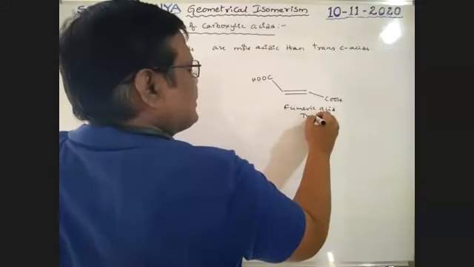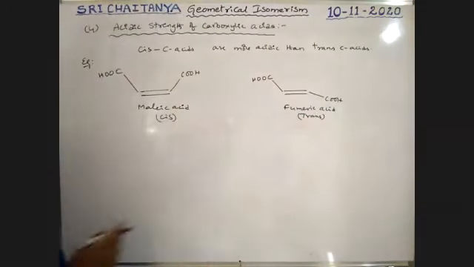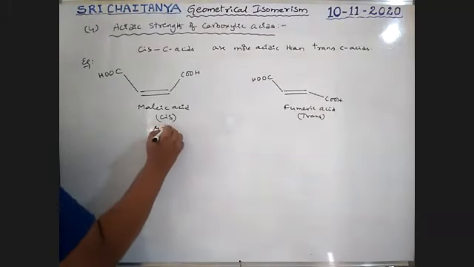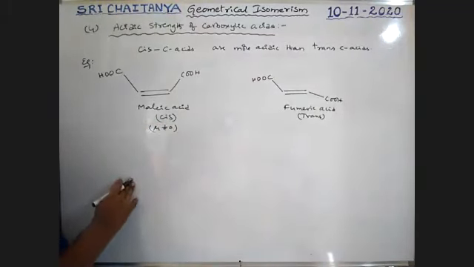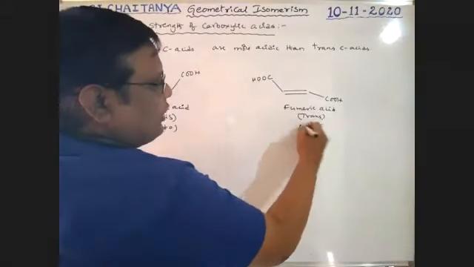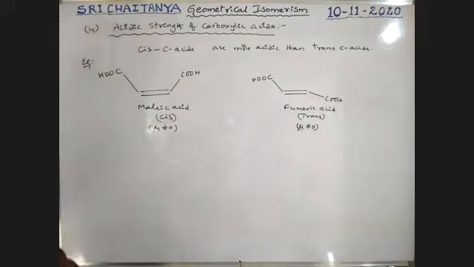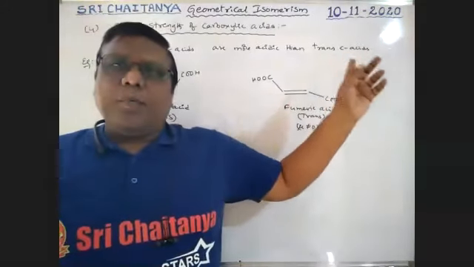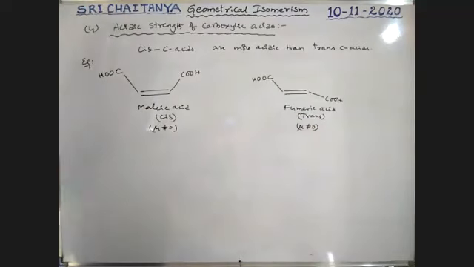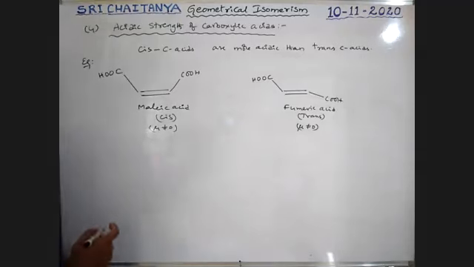It is a trans component. Let us observe the points. See here, mu is not equal to 0, boys. But here also COOH, COOH, so here also mu is not equal to 0. Even though there is trans, COOH is nothing but C double bond O like that. That's why mu is not equal to 0. Okay. Next, boiling point.